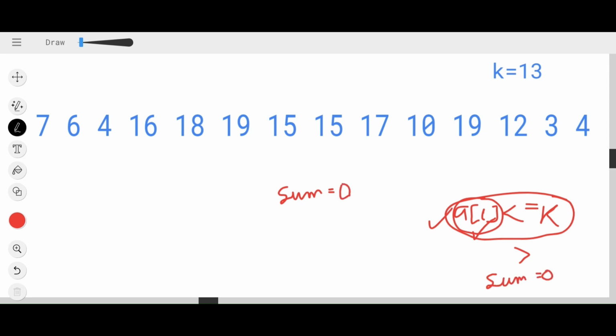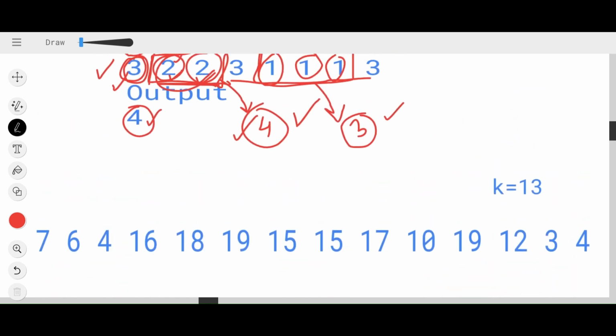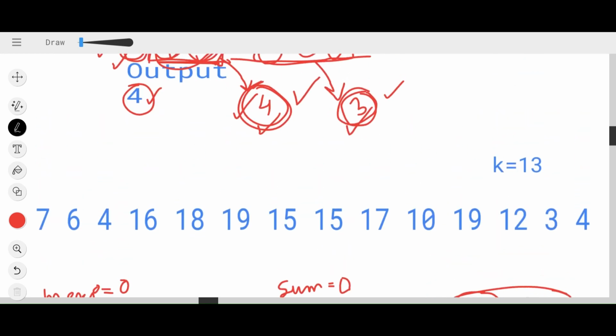At first, my sum is 0. I will reset my sum to 0 when my element is greater than k. Why am I doing this? Because here I am asked to select a consecutive stack of books. Also, I will need another variable called maxi, which will be initialized to 0 at first. What this does is track the maximum number of books. From here, you can see that the maximum number of books is 4. From here, you can see that it is 3. Comparing these two, you will get 4 as your maximum, so you return this 4.